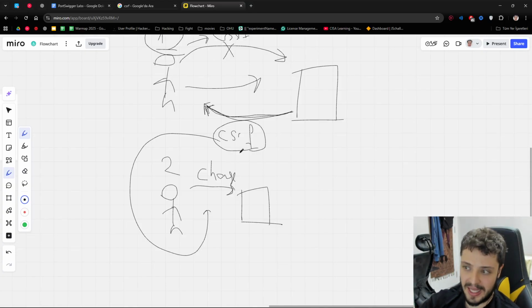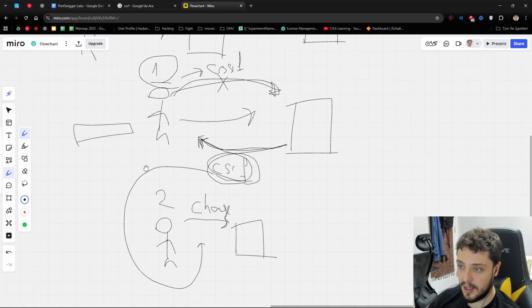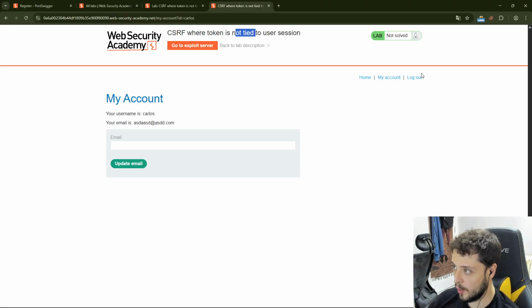I'll log in as a winner, and then I will start the request and get my CSRF token as a winner. Then I won't send a request to the server to change my email, because if I do that, my token is going to be expired. What I'm gonna do is take the token and put it in a request to change the email of user 2, which is Carlos. So let's do it, and I will explain that. I know it's kind of complicated, but